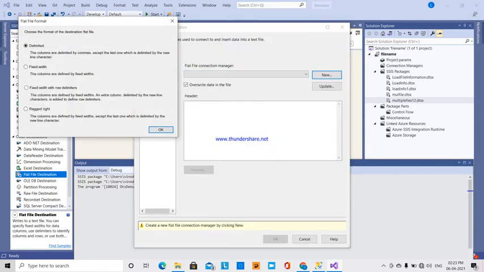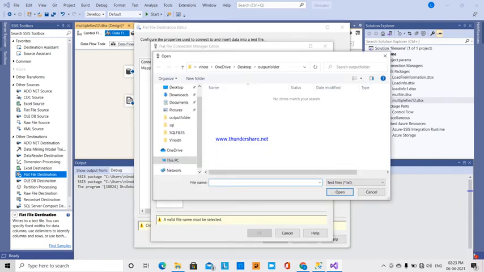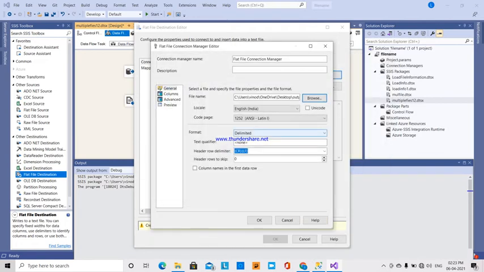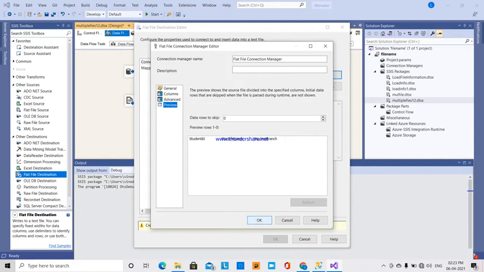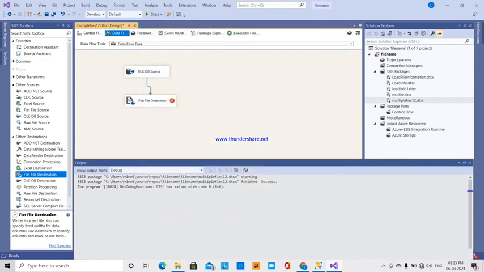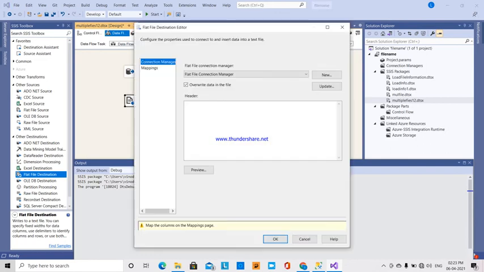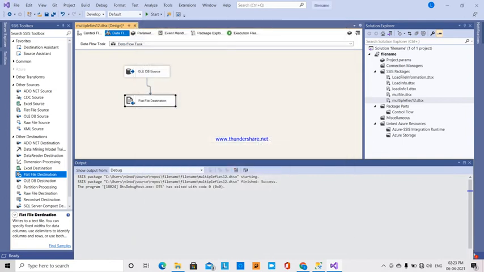Here I am going to give a new one, browse, student test, okay, columns, student ID, student branch, everything, and then okay, then okay. Mappings is also okay, student ID, student name, okay.